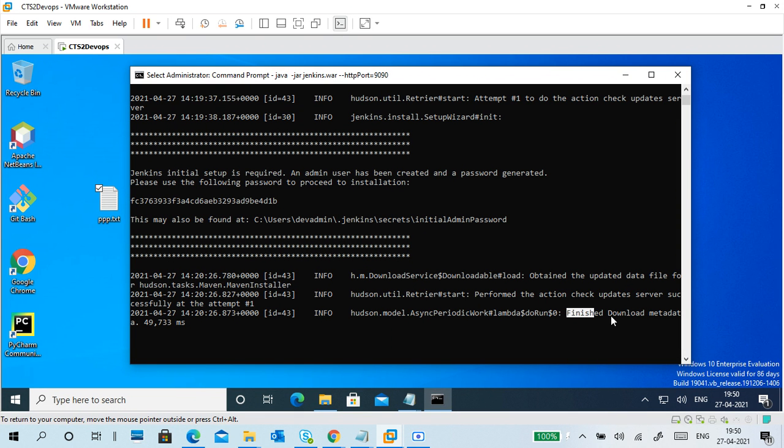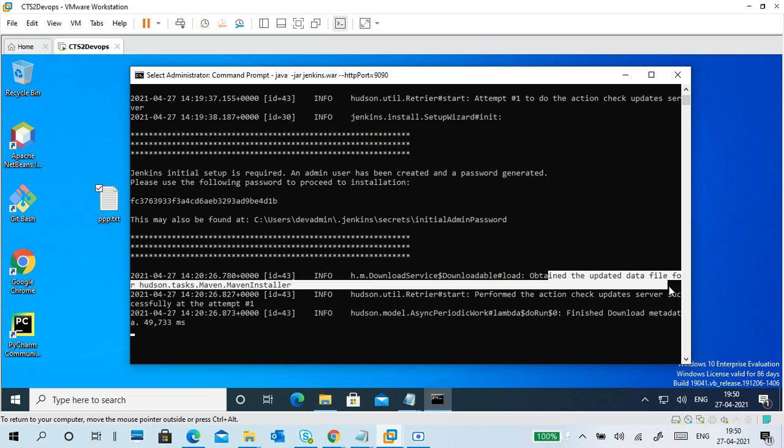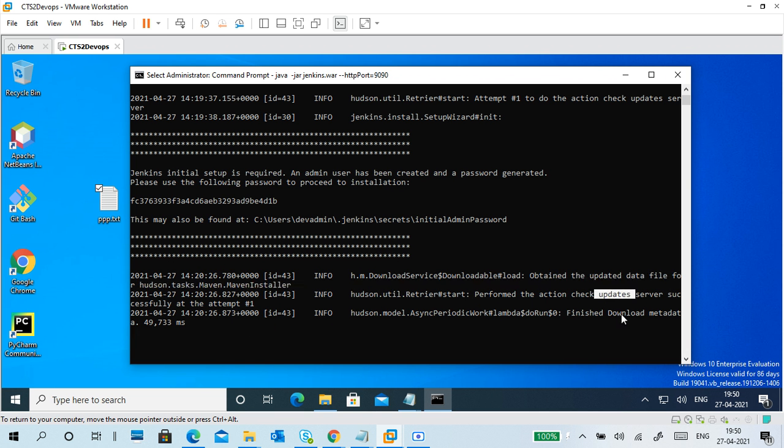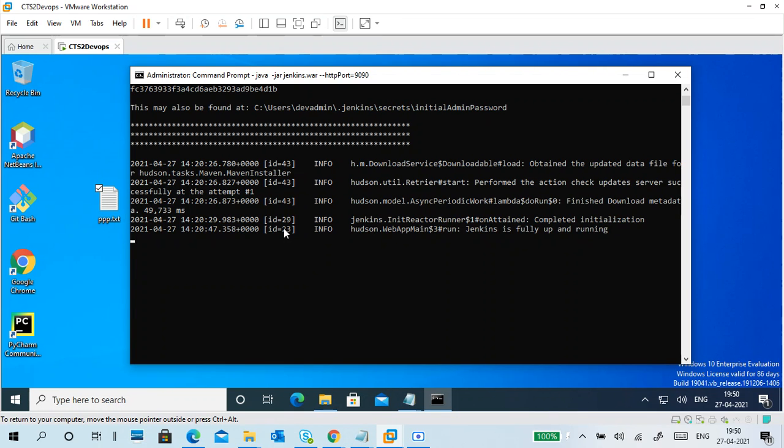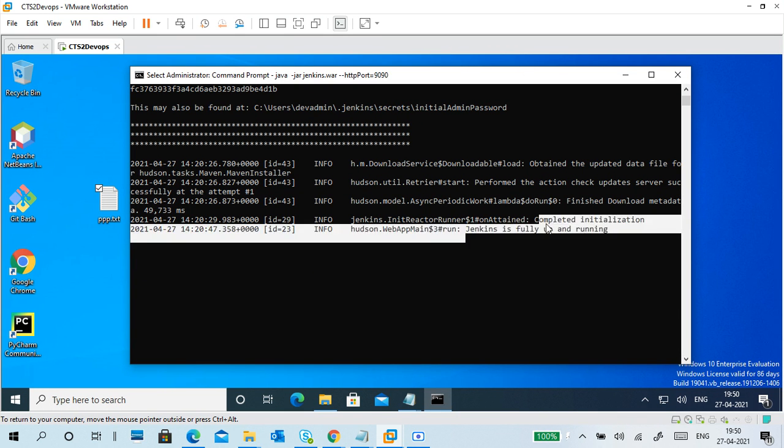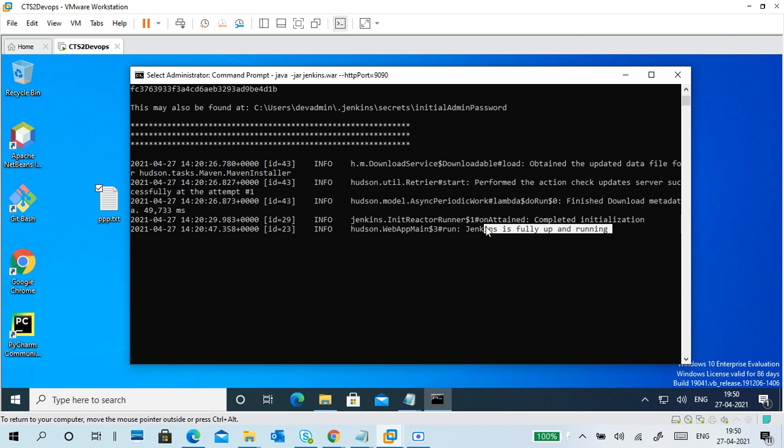It is not showing fully up and running here, but maybe it will show now. It is showing fully up and running. So open the browser.